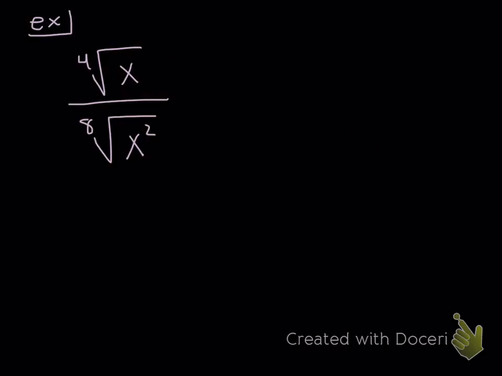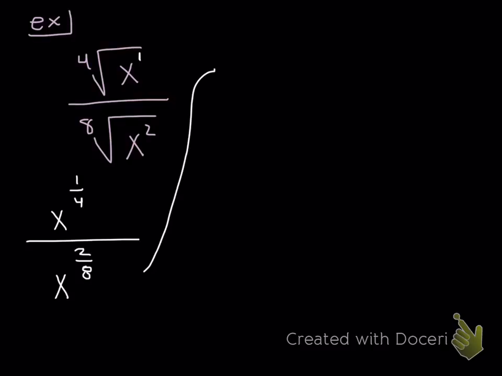So here's our first example, and again, like I said in yesterday's video, none of the rules apply when you are in radical form. So we need to get these out of radical form and put them into exponential form first. So the first thing I would do is say that this is x to the 1/4 power, because I know it's implied to be a 1 there, over x to the 2/8 power. And then I can do some reducing. So I'll have x to the 1/4 power